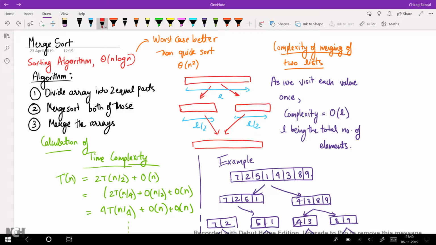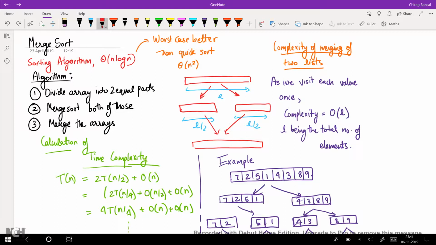Today we will learn about merge sort. Merge sort is a sorting algorithm with time complexity theta n log n, which is an effective way to sort. It is even better than quick sort as its worst case time complexity is theta n log n as well,